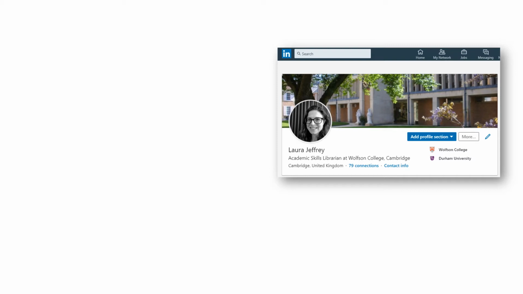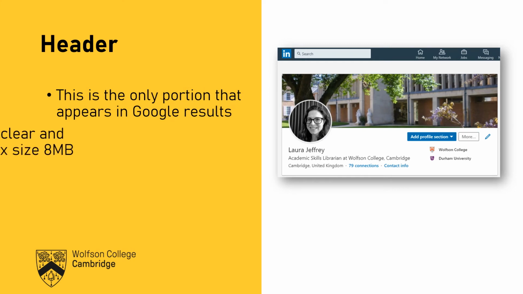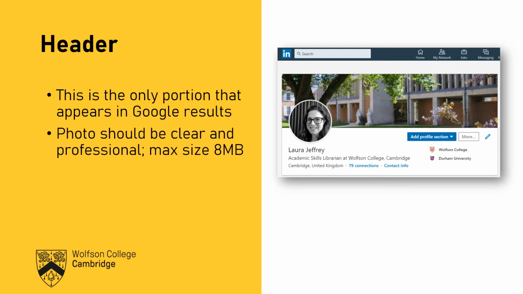The first thing you need to do when you're editing your profile is to deal with the header. And the header is the bit that you see at the top of the screen with a photograph of yourself, a background image, your name, and a few keywords about what you do. And it seems that the best thing to do with regard to the photograph is to make sure that your face fills that frame. So it should be a close-up photograph, a headshot, rather than you in the distance or a holiday photograph, something that means that people can really quickly recognize you. So if they've met you at a conference, they'll know it's you straight away. Also to think about how you look in that.